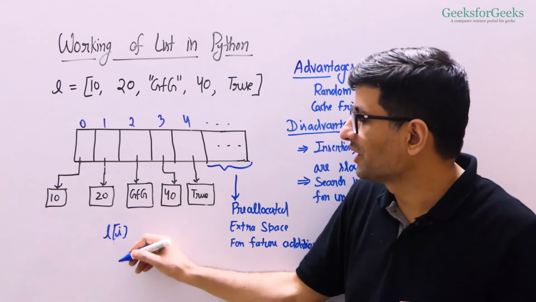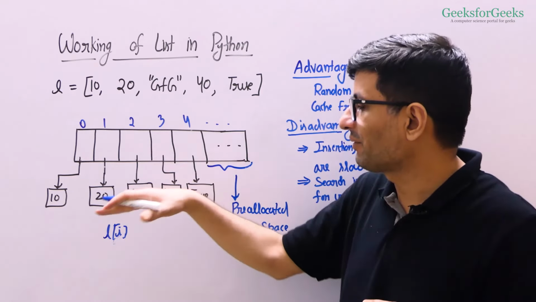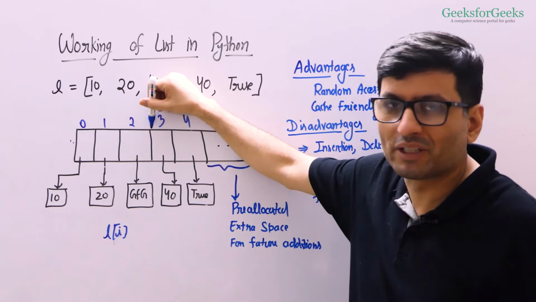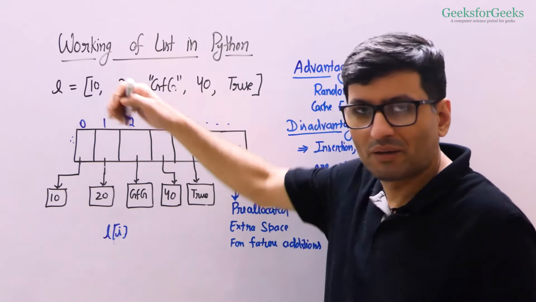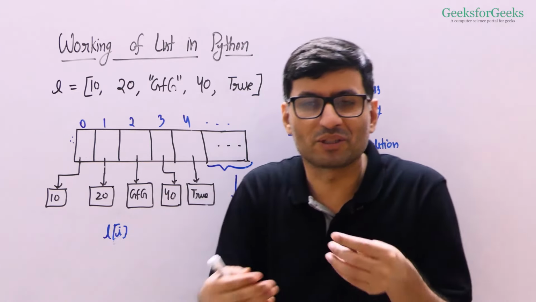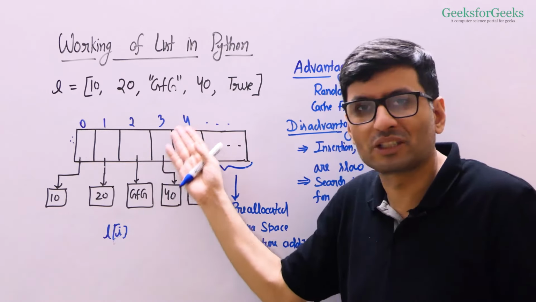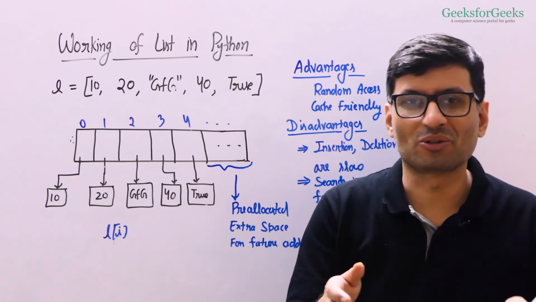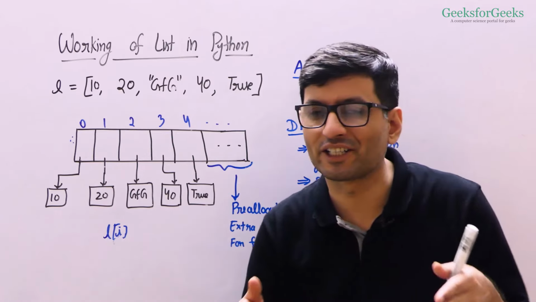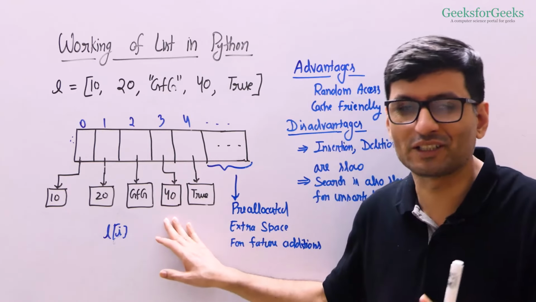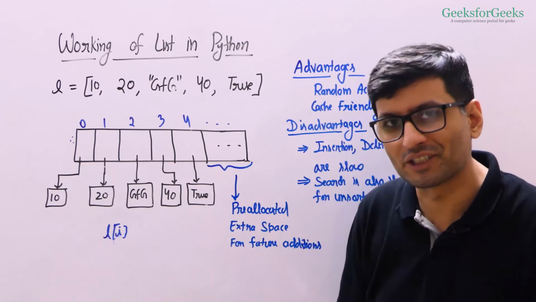How is it possible? See, you have a structure where you know this address, and you know these are all references, they are all of the same size. So using some computations, you can know the address of any item, right? You take this base address, take the size of an individual block, multiply it with i, and you can know the address of the ith item, right? And you can go to that address and get the reference, and using the reference you get the actual item, right? That's what is called random access, and random access is not there in all the containers. For example, sets and dictionaries don't have random access. With a list, you can get any item at any position in constant time by doing some address computations initially.